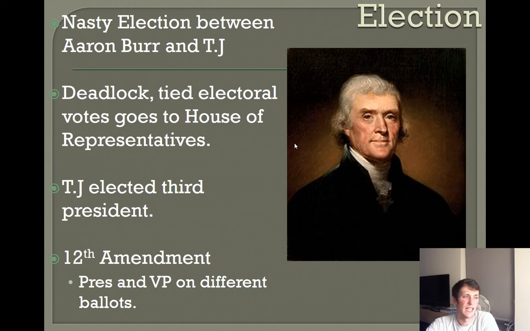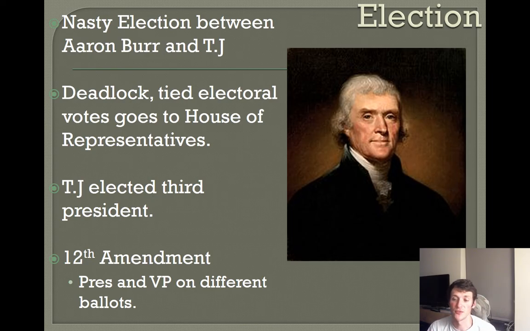It's a really nasty election between this man named Aaron Burr. So AJ, the Virginia and Kentucky resolution, basically, again, it's going to kind of set up